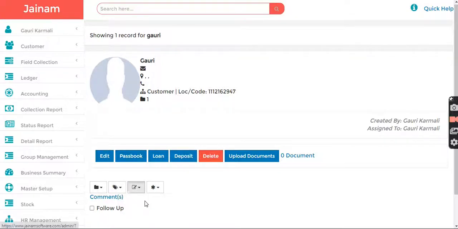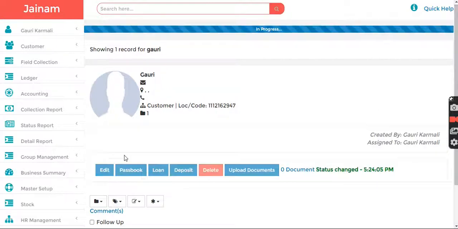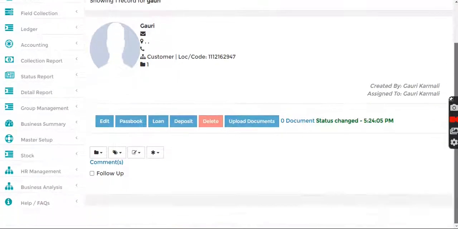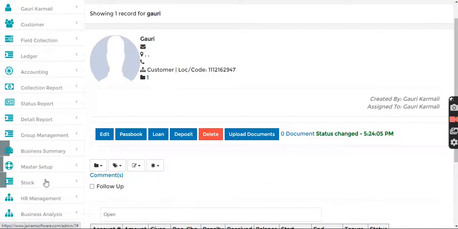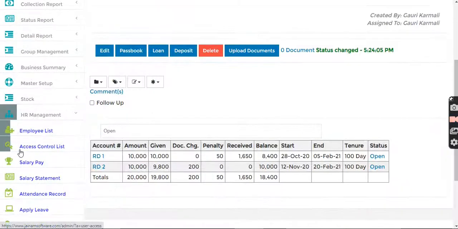Here it's access. Give it to staff Jainam 1, and let him have search loan and search deposit. Okay, so we'll give him the access of search loan and search deposit. Access control list.